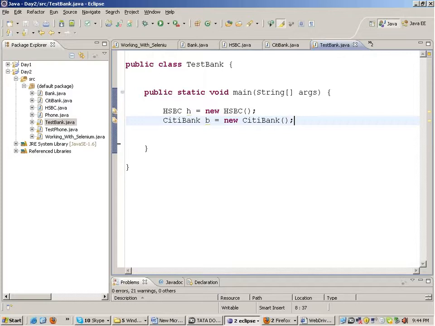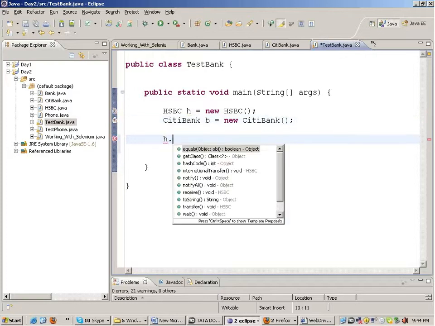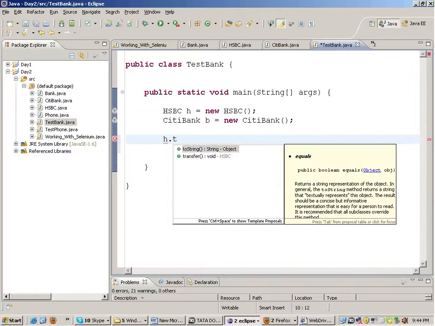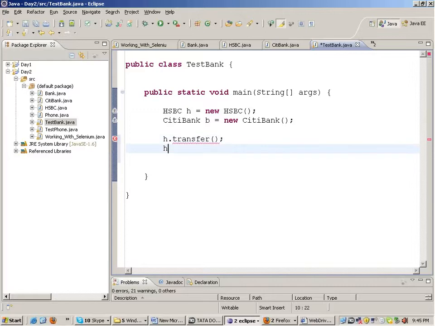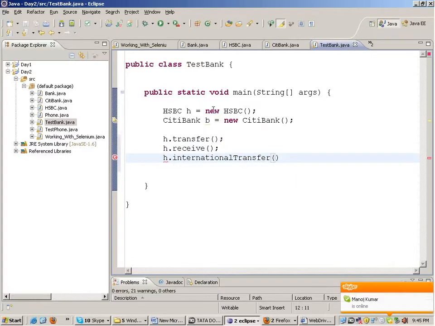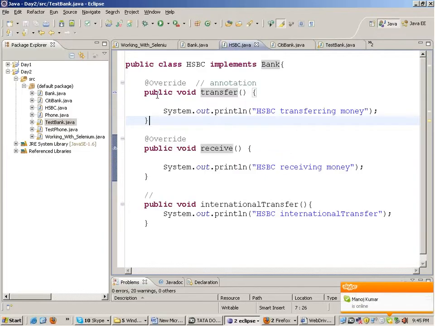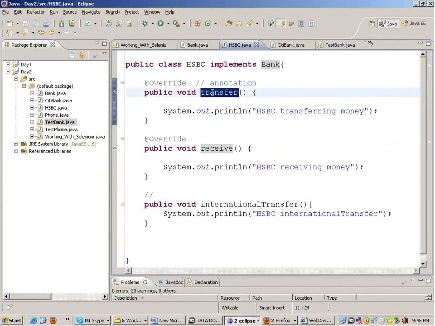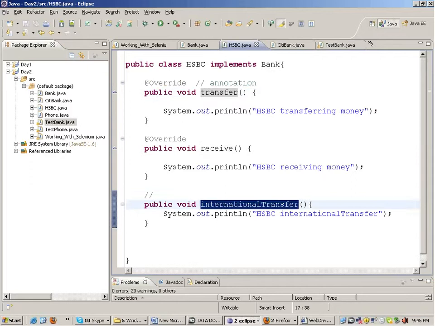Now if you write H dot, you will get the options transfer, H dot receive, and H dot international transfers. You will get all the three functions because HSBC.java has got three non-static functions: transfer, receive, and international transfer.